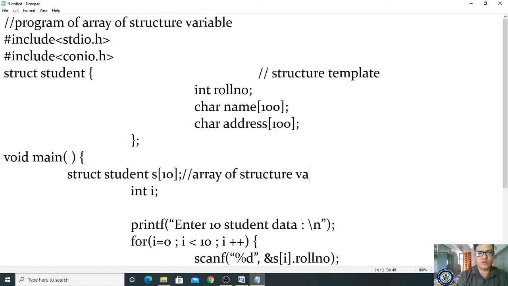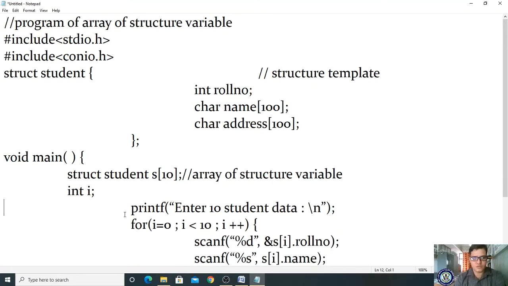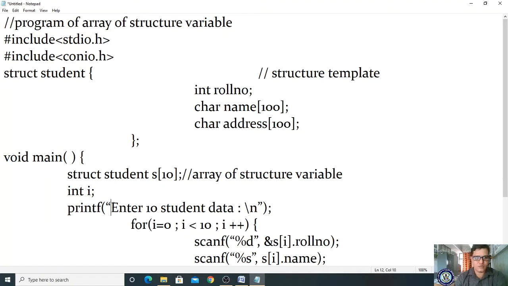If you declare the variable as an array of structure variable, compulsorily you have to use a looping statement. Okay, so now let me write printf enter 10 student.